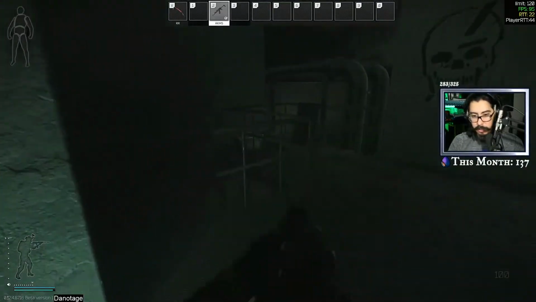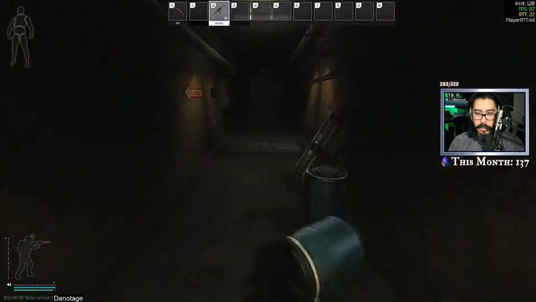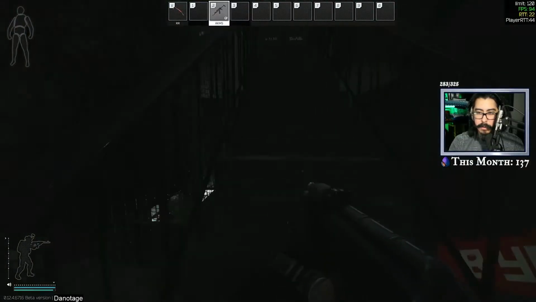There's another tool chest, by the way. Tool chest. You'll find not much here. And then here is your exit. We're up to the exit. There's no loot here. It's not the important part. But